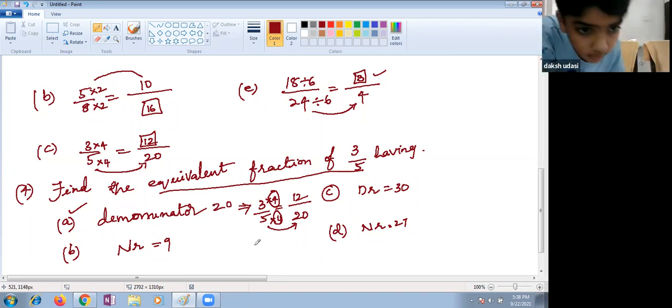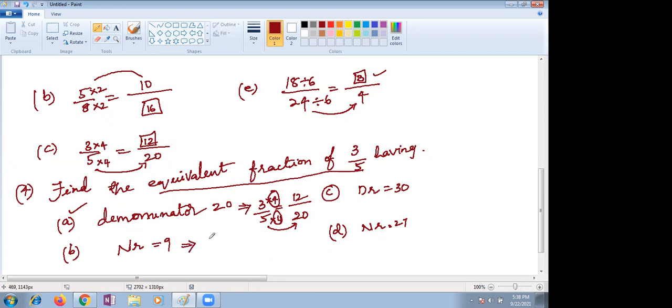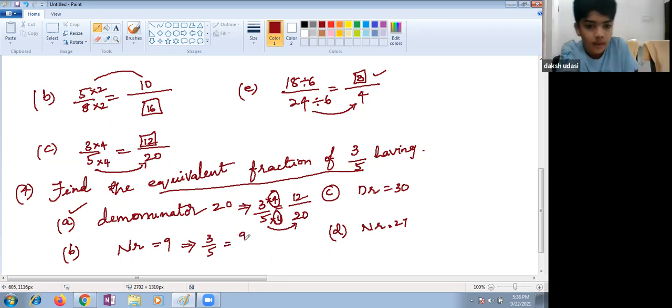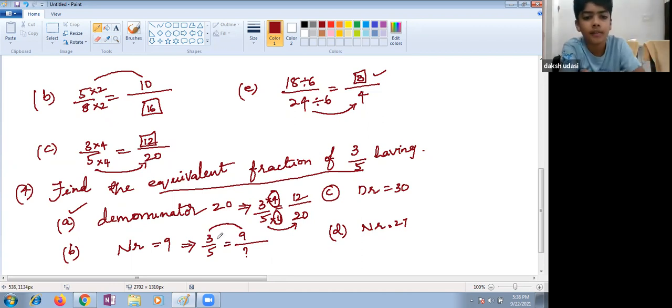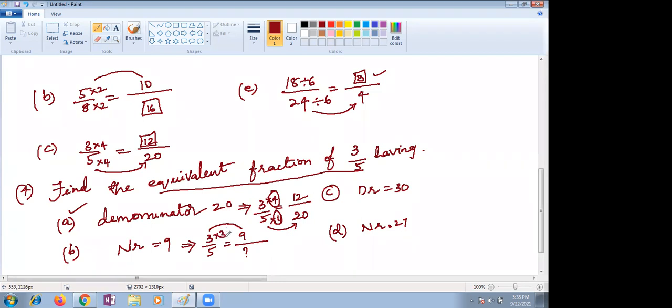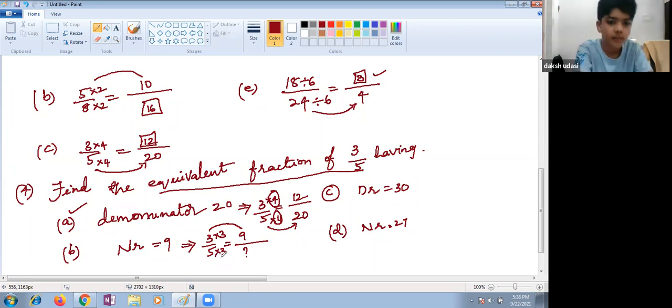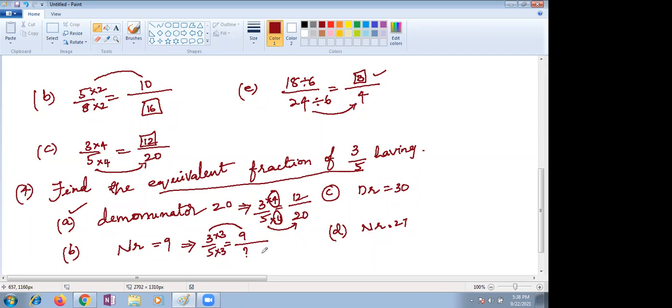Yes, ma'am. Same thing here also. Same common fraction 3 by 5. Numerator means where should I write, Daksh? Ma'am, numerator means up. Up. So the denominator we don't know. You need to find out the denominator. Ma'am, as we are raising it, we have to do multiplication by 3. Very good. So down also. So, ma'am, by 3 only. Okay. Then what is the denominator value? Ma'am, 15. Right, Nana. That's all.